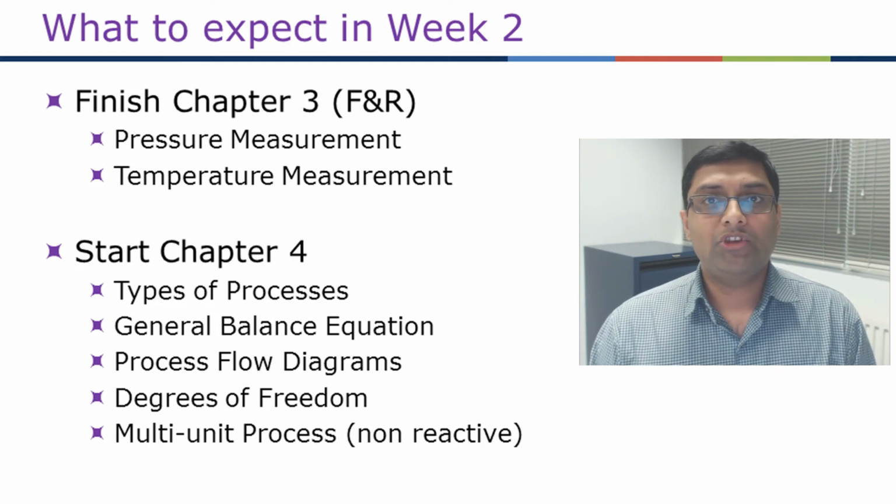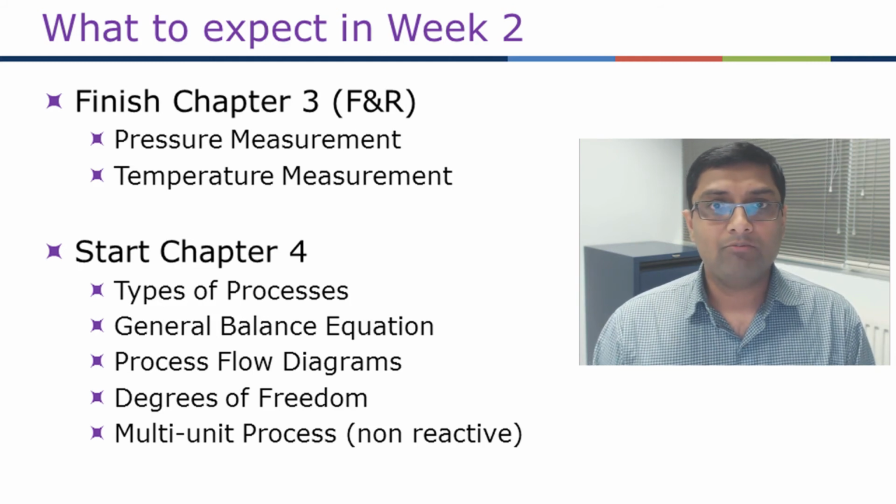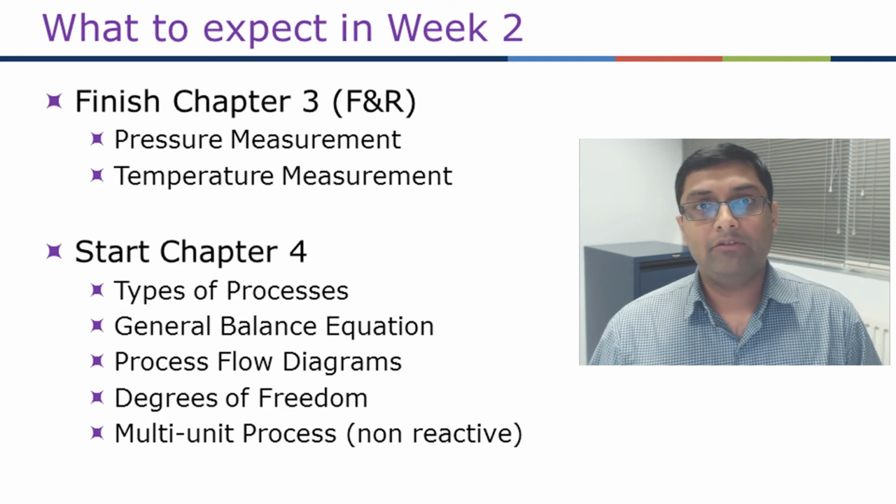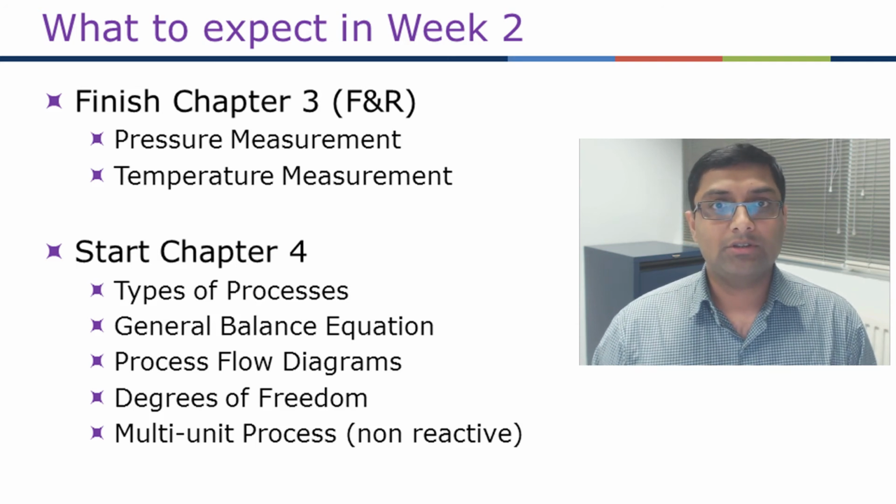Then we move on to chapter 4 of Felder-Russo textbook. This is the main chapter of material energy balances. In fact, this chapter talks about the material balances in general. Okay, so this forms the basis of all of this unit. First, we will define what are the types of processes: batch, semi-batch, and continuous process. We will look at general balance equation,